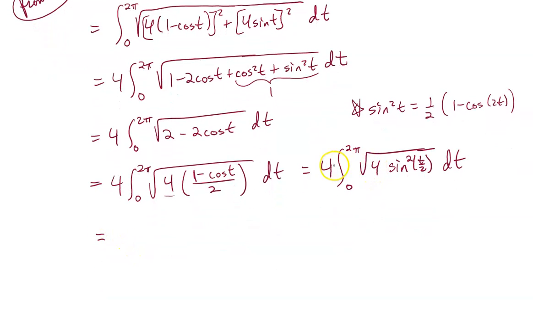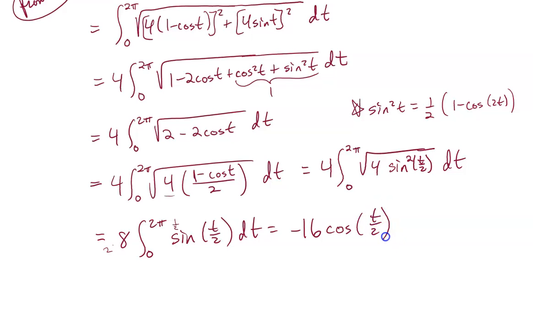Okay. So, square root of 4 is 2. We have a 4 on the outside, so now we have an 8. Integral from 0 to 2 pi. The square root of sine squared of t over 2 is just sine of t over 2. And then we need a 1/2, so it times another 2 on the outside. So we end up with negative 16 cosine of t over 2, and we are